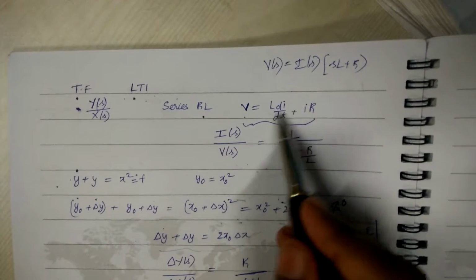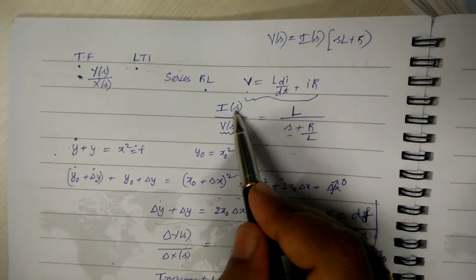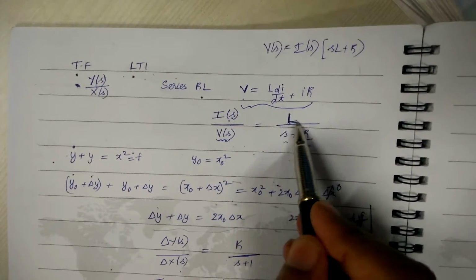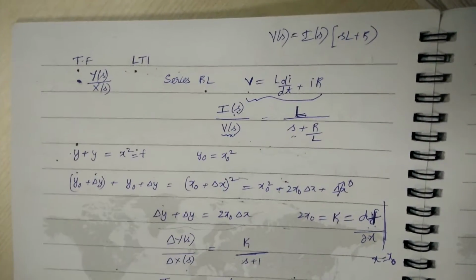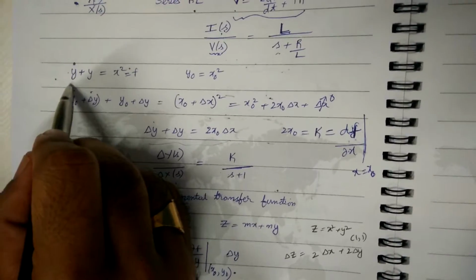So if I is considered output and V is considered input, the transfer function is nothing but I of s by V of s, which is given by this particular value, 1 by L divided by s plus R by L. So this is for linear systems. What if it is a